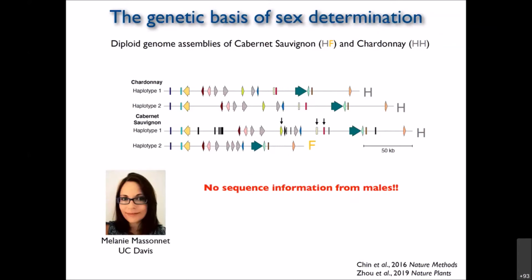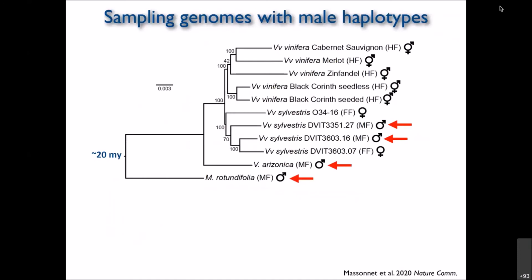So what we did as a group is we went out and sequenced a bunch more genomes, including wild species from males. We sequenced these all with long read PacBio sequencing, another species from Arizonica, and an outgroup, rotundifolia. And by the way, I've been saying it's 30 million years. It's more like 20 million years that the dioecious system has been in existence. And the point I want you to know is that we got all this data,